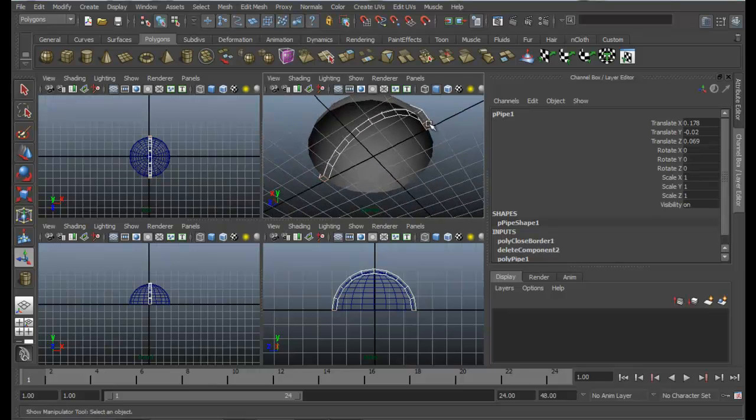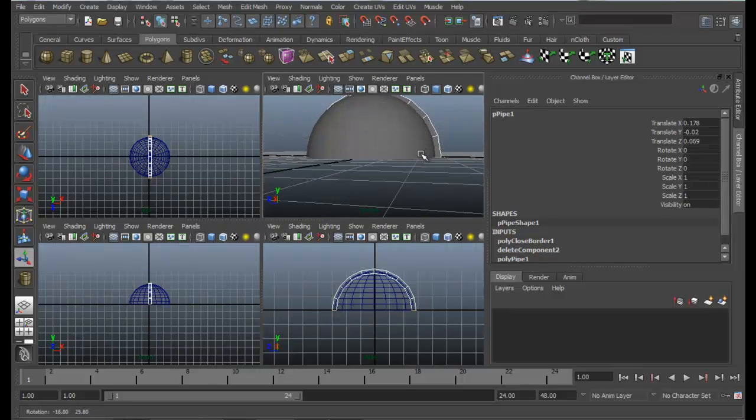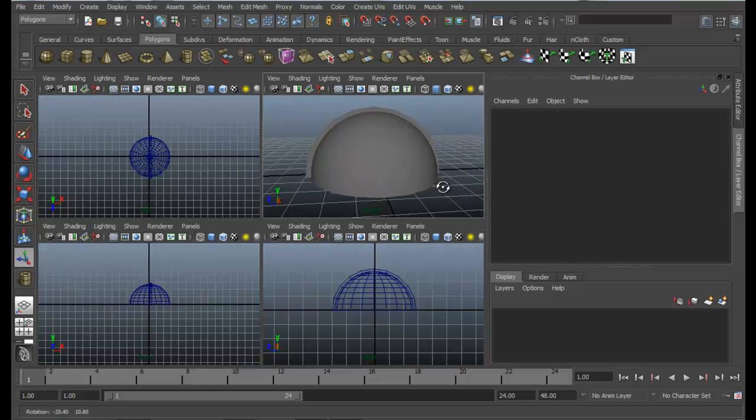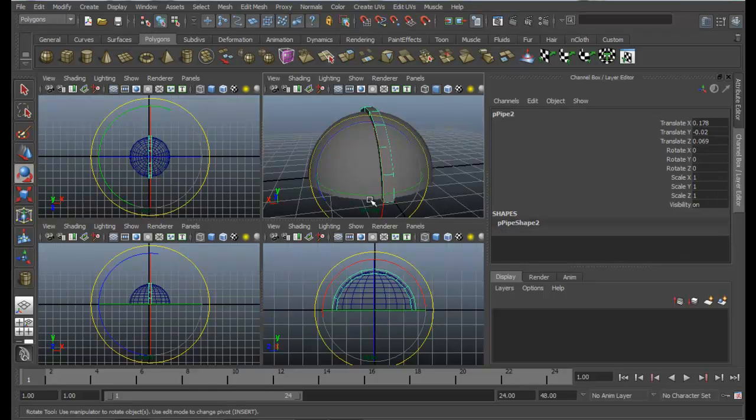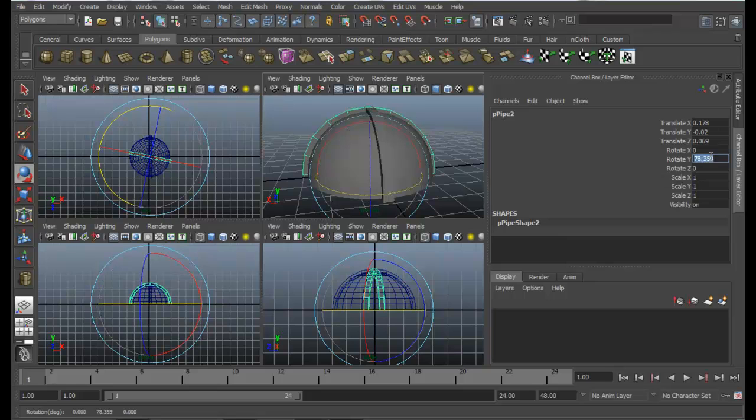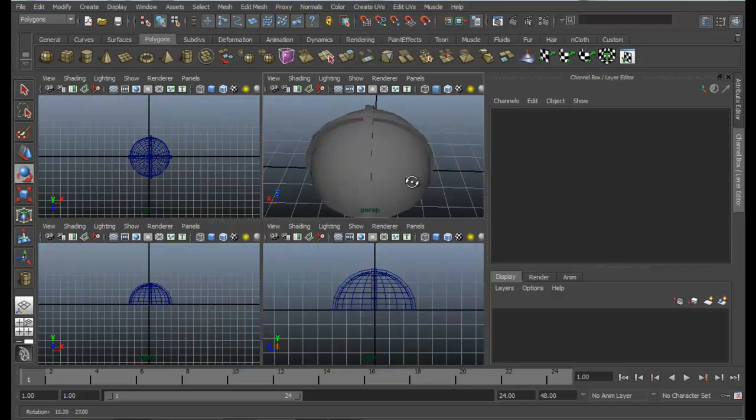So it will fill the hole, so we don't need to fill the whole of our sphere, and that's alright. Okay, now let us duplicate this by pressing Ctrl D and just rotate it 90 degrees to y-axis. Okay, that'll be good.